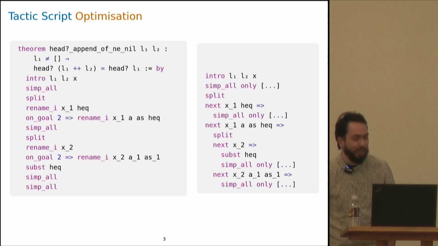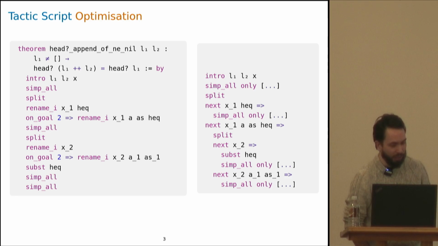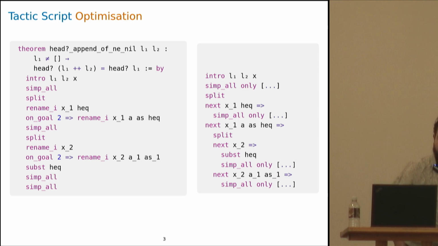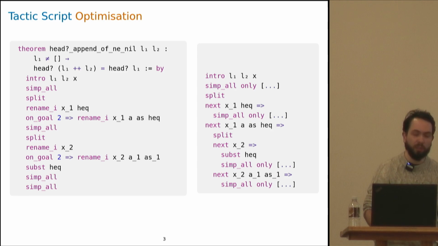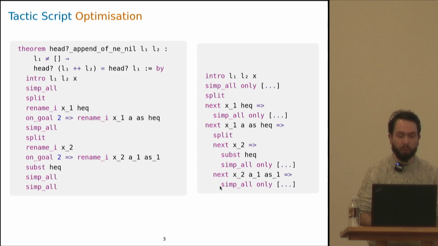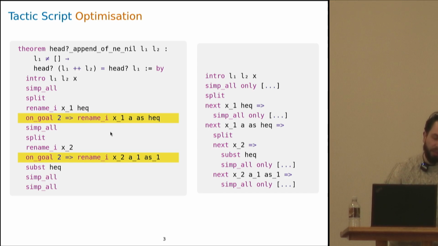So it's a script that works and solves the goal, but is very, very ugly in a couple of ways. First of all, it's just a list of tactics with no structure, whereas here, we have these combinators like next that allow us to focus on particular goals and to say, okay, so for example, this subproof all pertains to the goal that we focused up here. And second,